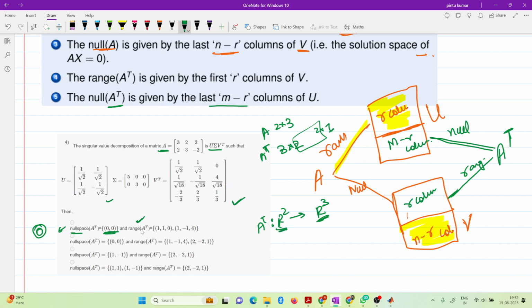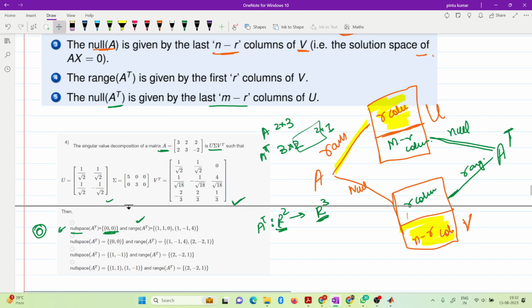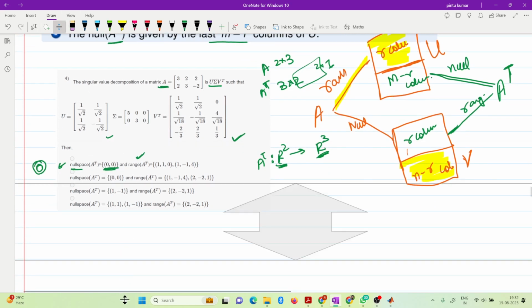Sir, what is the dimension? Can you please explain R2 to R3, sir? Okay. So, let's say